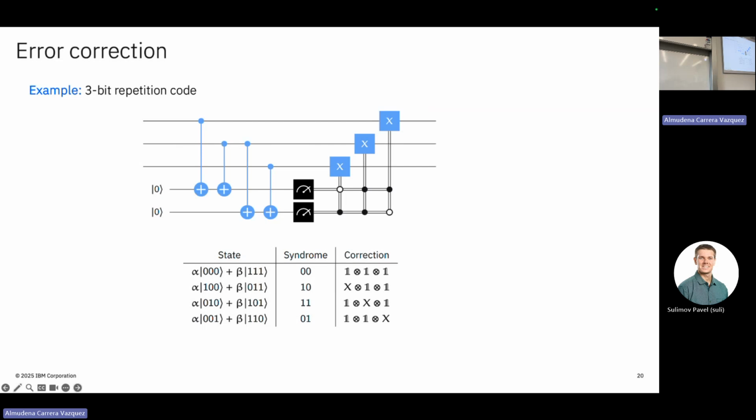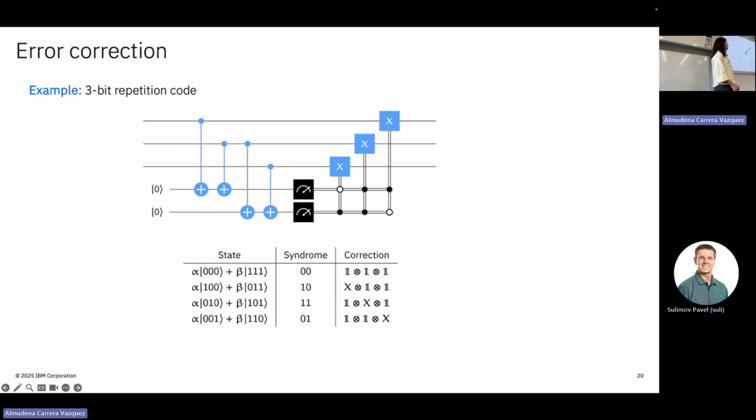I'm not an expert in the topic, but the intuition is that you need a lot of physical qubits and a lot of operations to encode redundancy and be able to correct for errors that happen. Now, this is something you have to do in real time, because this just shows you how to store a single qubit. We are not even doing anything with it. We are just keeping it in the 0 or 1 state.